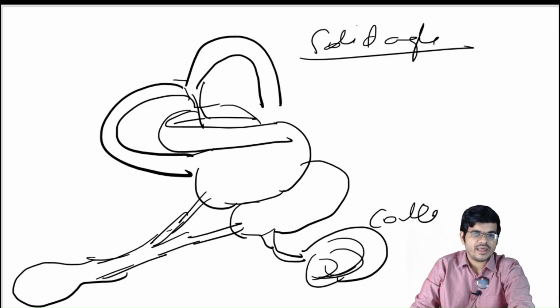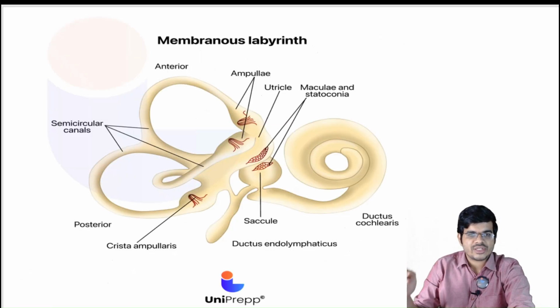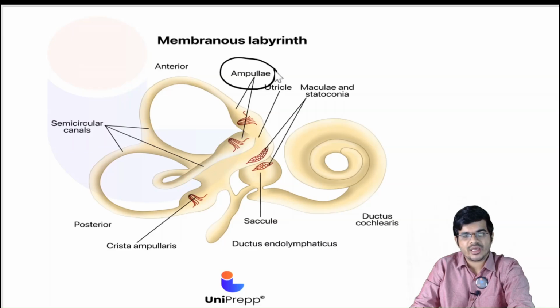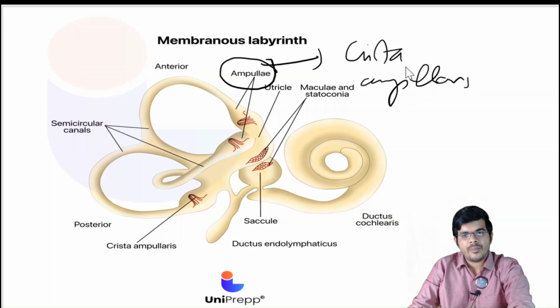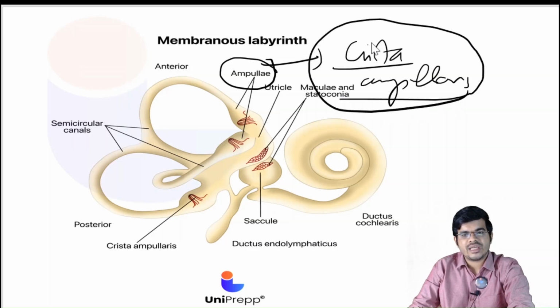receptors. Now what are they? The structures within the semicircular canals are seen within the ampullated ends of the semicircular canals, and they are called the crista ampullaris. Okay, within the ampullated ends of the semicircular canals you have the crista ampullaris. So crista is the receptor in the canal, C for canal. Okay, C for canal. And within the utricle and saccule you have the